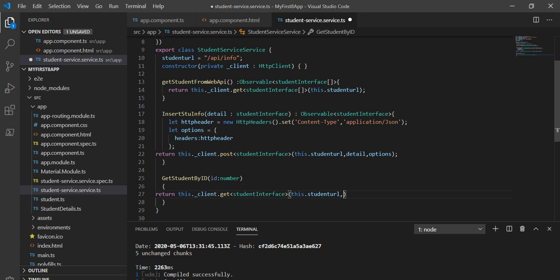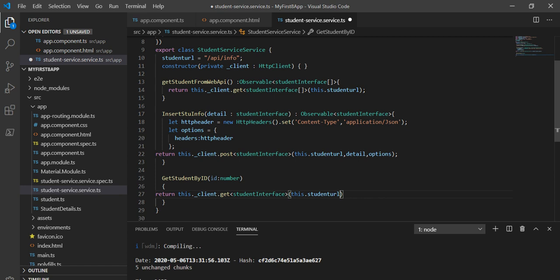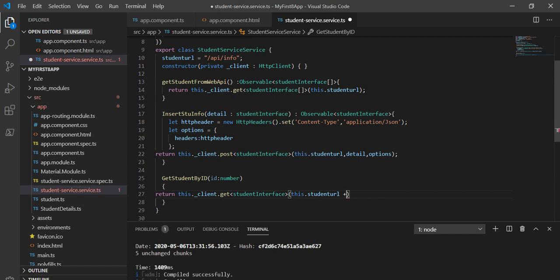Then next is the data, but here we are going to fetch the full data based on the ID. So I will append the ID to this URL.